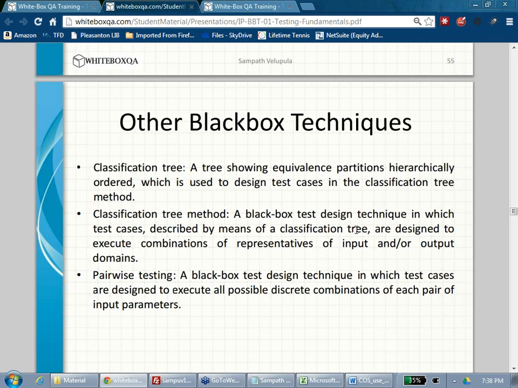So classification tree is something like a tree of choices. For example, from one node you'll go to another node, and from one node to another node. At that time you have to write a tree. But who has the time to write a tree here? So you have to assume, for example, let's say you took financing and something.